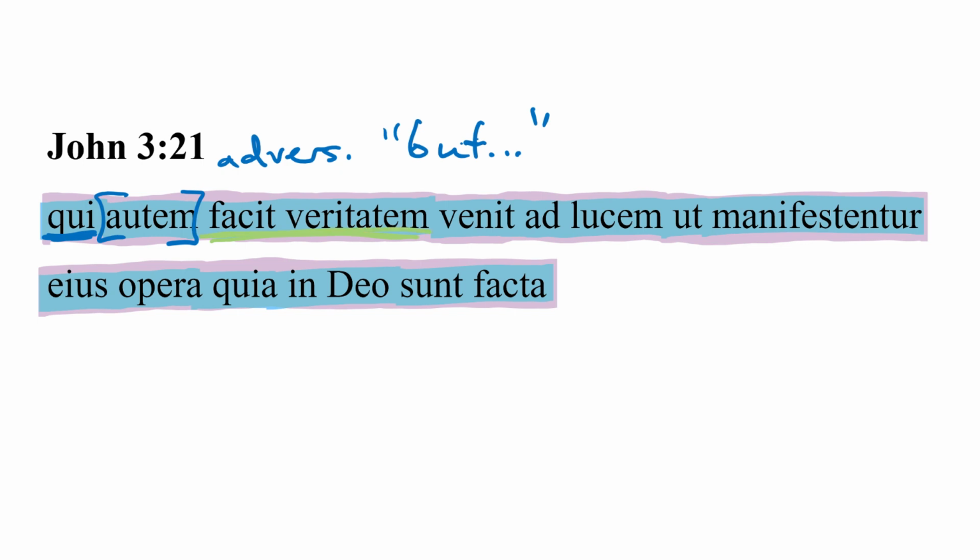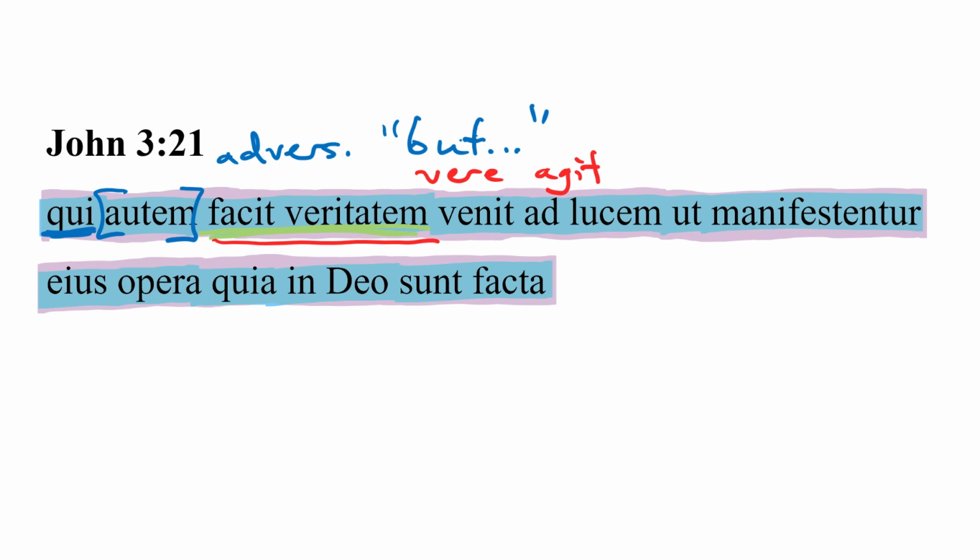What does it mean, he does the truth? We could say in Latin, vere agit, he who acts honestly or acts truly or with integrity, something like that. That's what's meant, but here, facet veritatem, the somewhat unusual phrase, is coming, as almost always in the Vulgate, in very close imitation of the literal sense of the Greek text. He who acts honestly, we might say, we've talked about venit ad lucem before, comes to the light in order